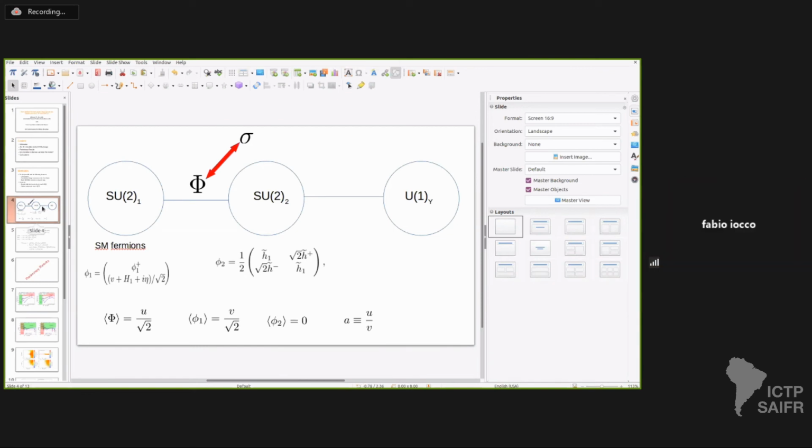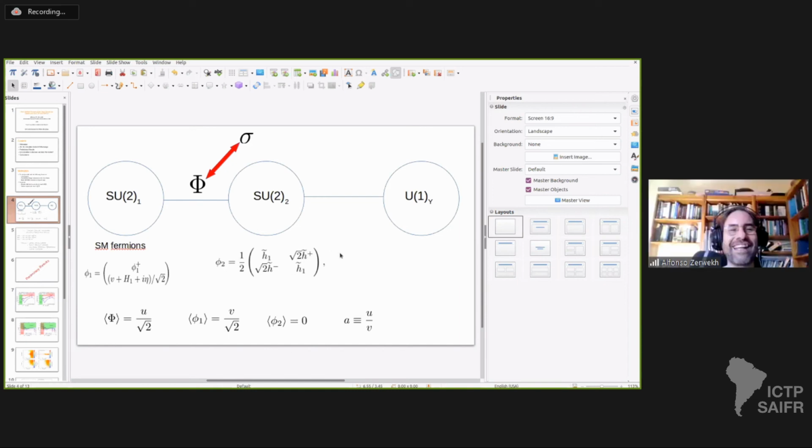Now we are on a slide that sort of resembles what you're talking about. Yes. No, okay. Okay, so